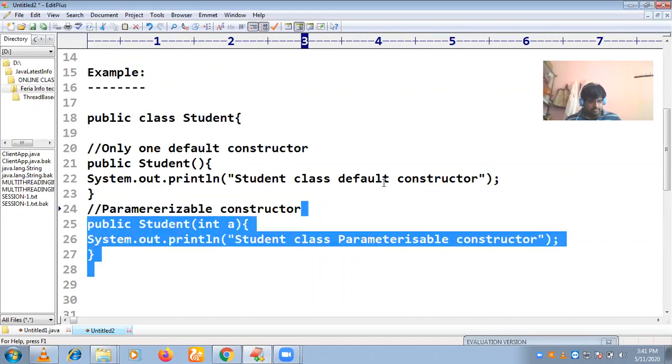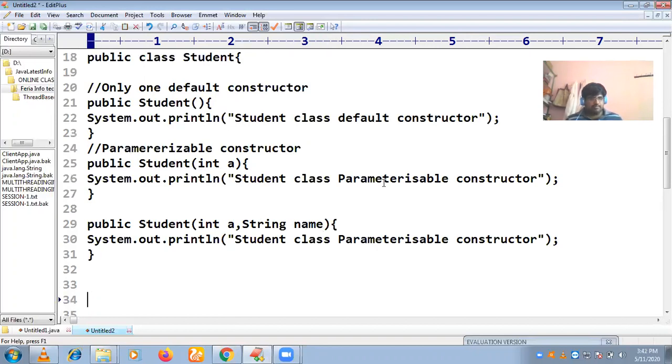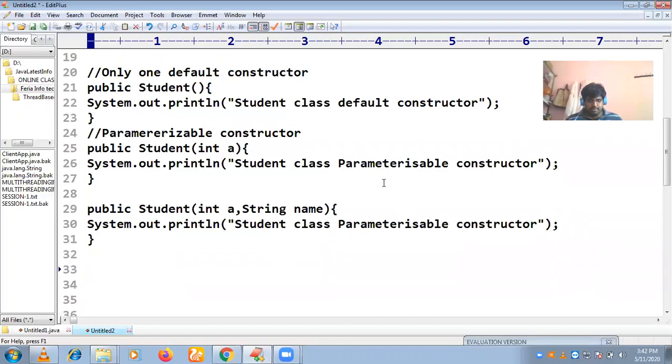Next, I can create more than one parameterizable constructor, with a comma, string name, student name, it may be any name. Next, I'm going to create the instance block.